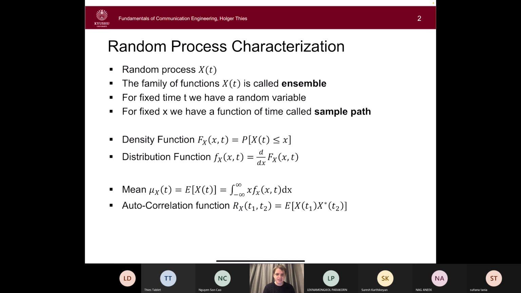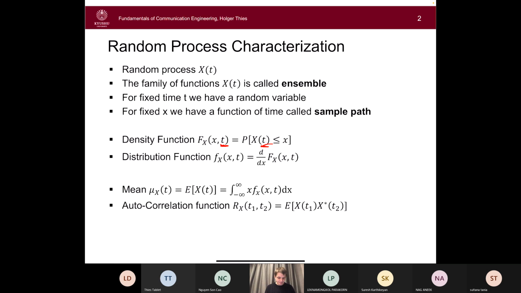And then we have seen that we can define, similar to random variables, a density function, which now depends on two variables, on x and t, and it gives you the probability that X of t is less than or equal to x. The only difference from random variables is that we additionally have this time parameter here. And of course, if we can derive the density function, then we can also define a distribution function by